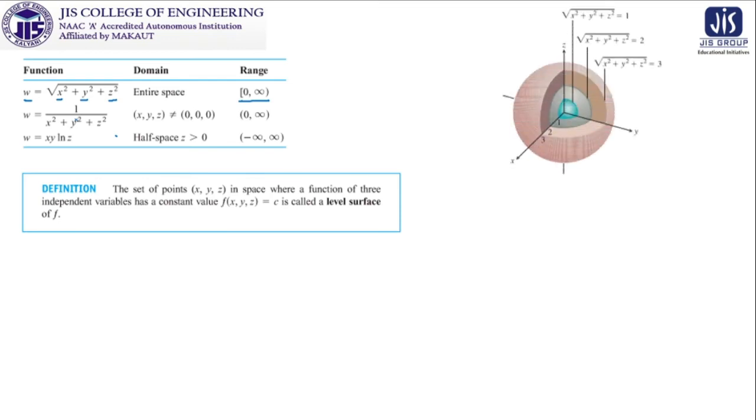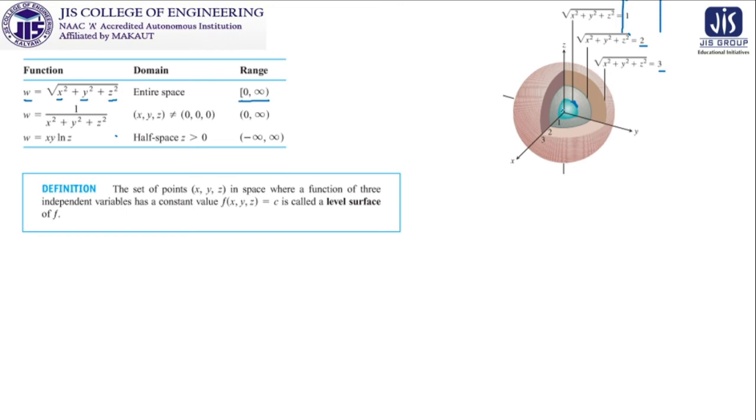So what we get as the pictorial representation, if you get x square plus y square is equal to z square, and if you fix the value of them as 1, like what we have fixed over here. Similarly, if we get the value 2 over here or 3 over here, every time you are keeping it as a constant, and you will get that this is the level surface, this blue part.